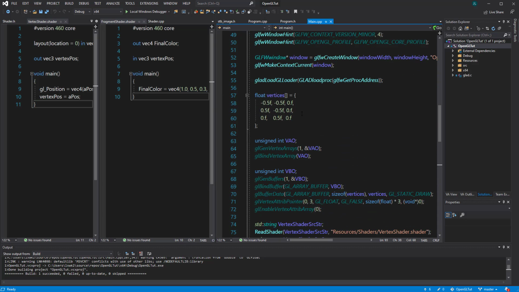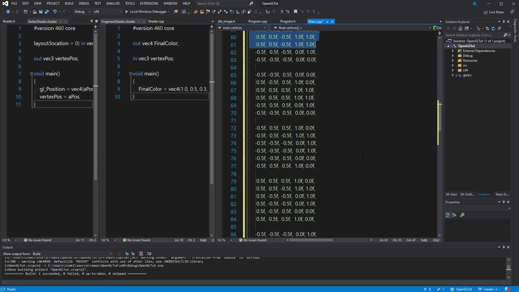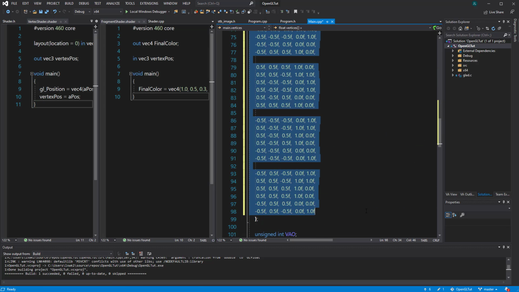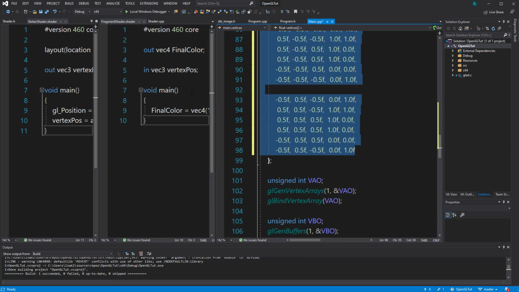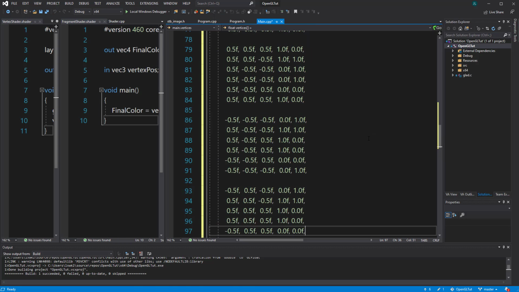This is a vertex with 3 points, right? I want to change this to something way bigger. Let me select these things and paste that in. Okay, this is a whole lot of floats, right? Just make it look a bit bigger. So this one actually contains,